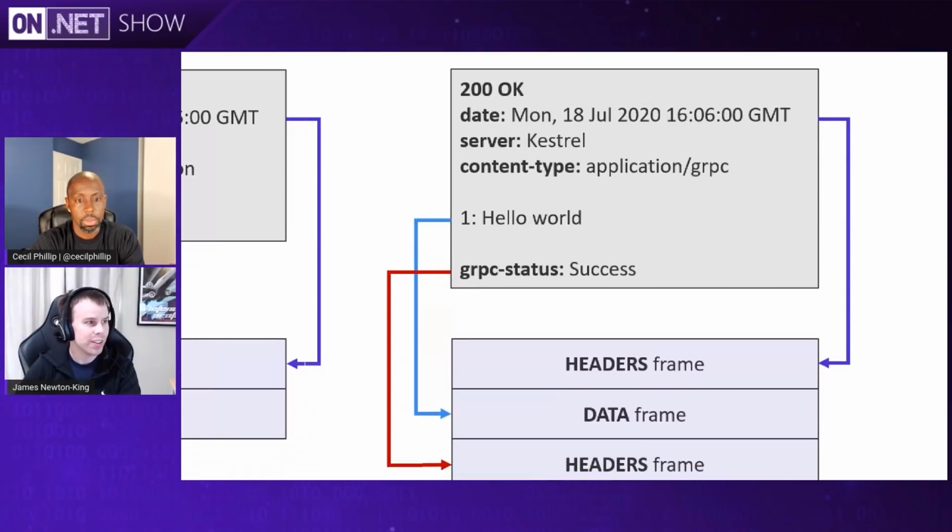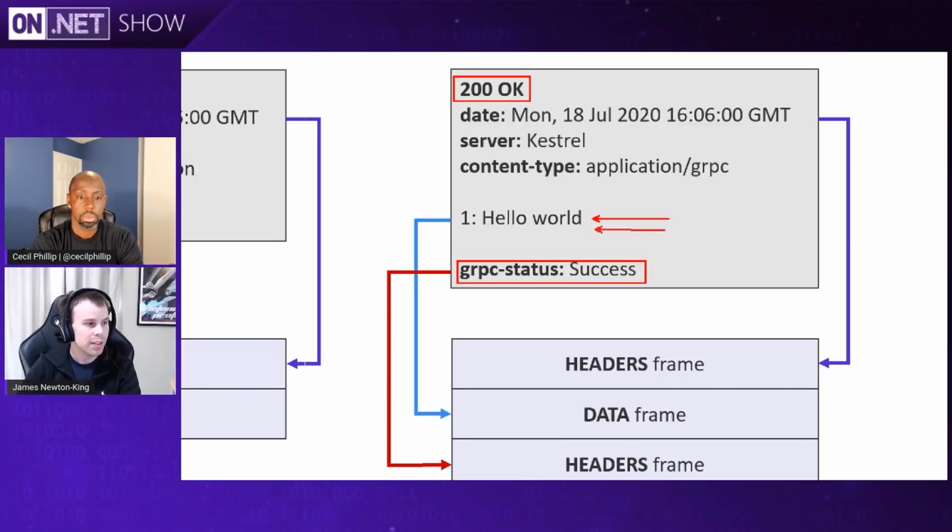we've already got a status coming back from HTTP saying 200, our request came back okay. What's the point of having this response duplicated down here in this gRPC status header? And the answer to that is streaming. So gRPC supports not just sending back a single response with a single message. It supports streaming back multiple messages. So as well as just having a single hello world response,